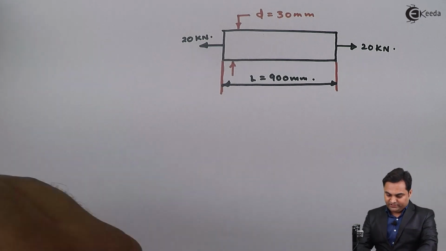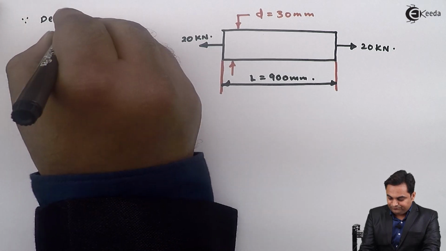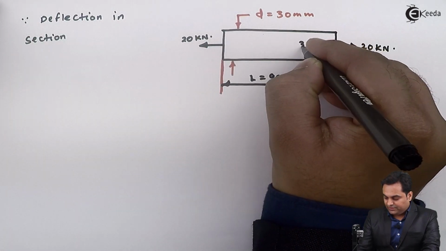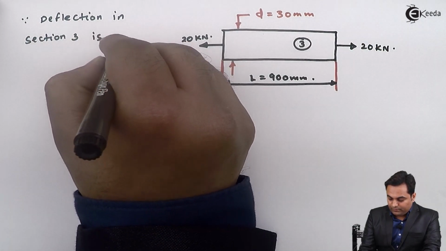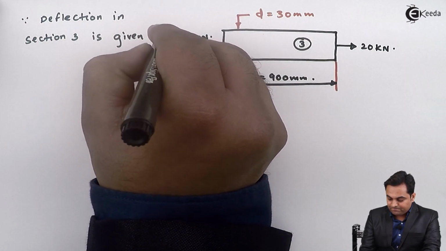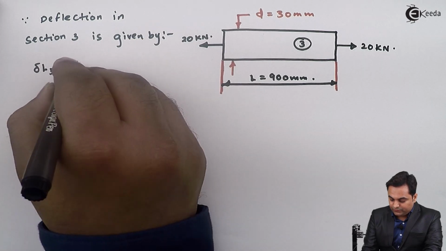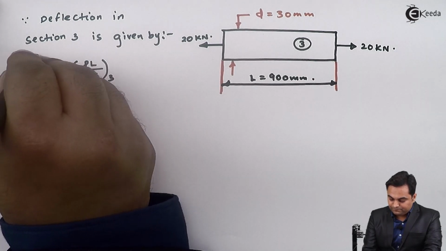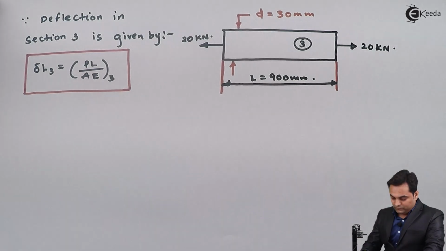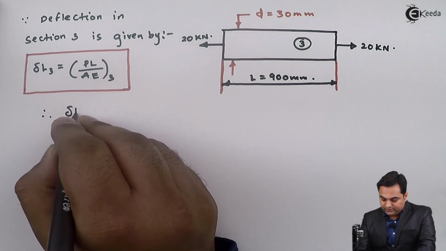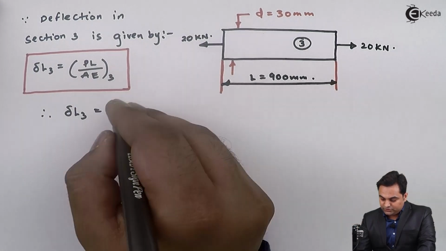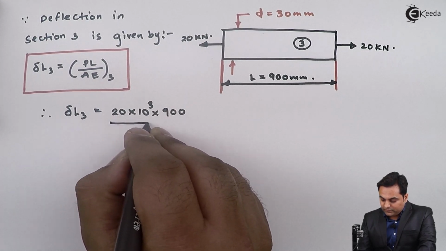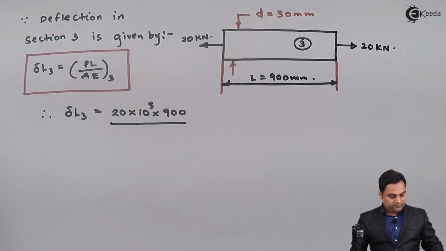So here I'll calculate the deflection since deflection in section 3 is given by delta L3 is equal to PL upon AE for the third section, so therefore delta L3 will be equal to, here P is 20 kilonewton, so 20 into 10 raised to 3, length is 900 mm,